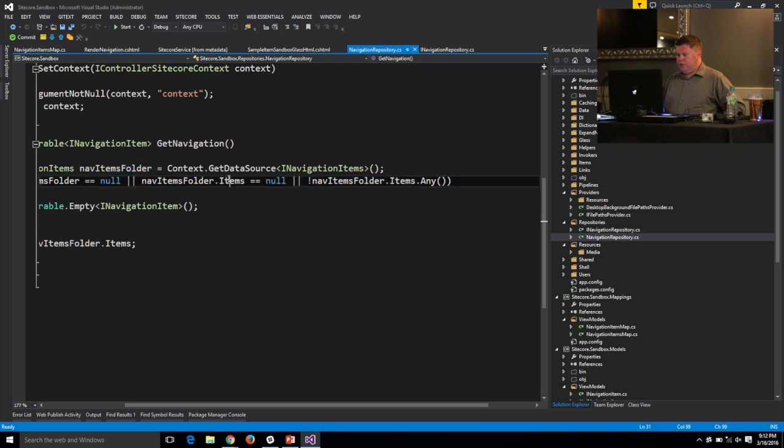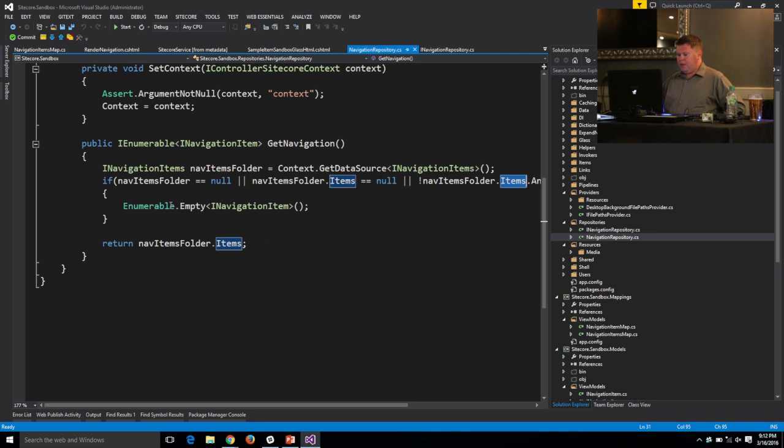And this is not null, and hey, do you have anything? Okay, great. If you don't, return an empty collection. Otherwise, give me the items that were underneath the navigation folder inside of Sitecore. All right, so